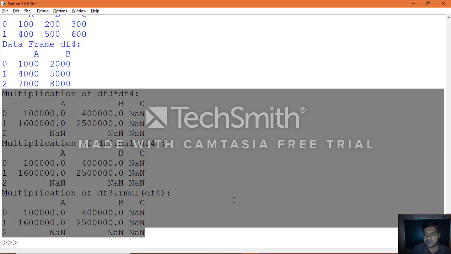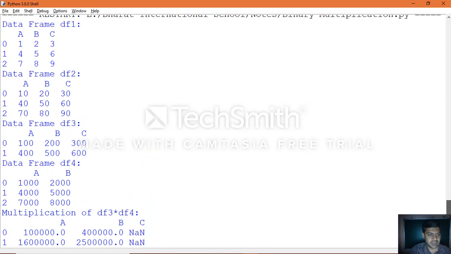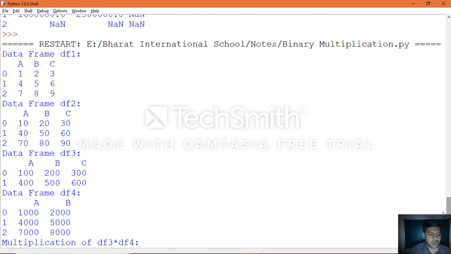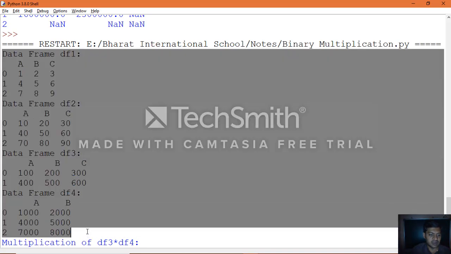Okay, the objects which we printed prior to the calculation, all 4 data frame objects which we created, the data they contain, all the objects which we displayed.